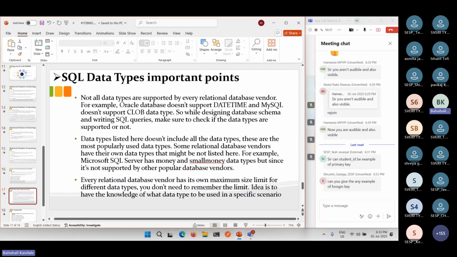But before writing any Structured Query Language, we need to understand some points. For example, look here. There are a number of database applications, right? So not all data types are supported by every relational database vendor. For example, Oracle database, student, just wait